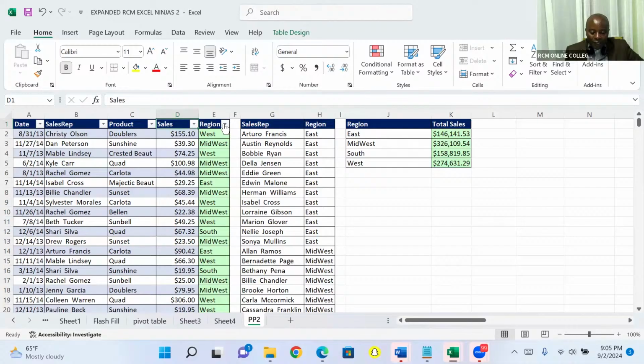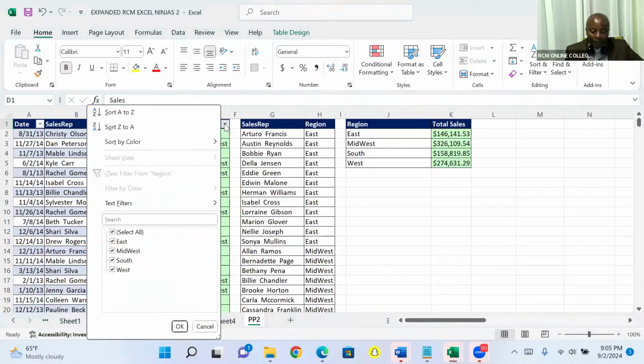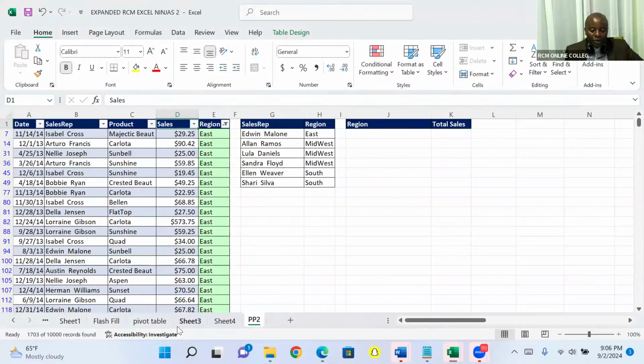So they'll come here and filter. And then they unselect, of course, here. You unselect by clicking there. And then they say East. Okay. So you are able to see, ladies and gentlemen, if I come down here with this,